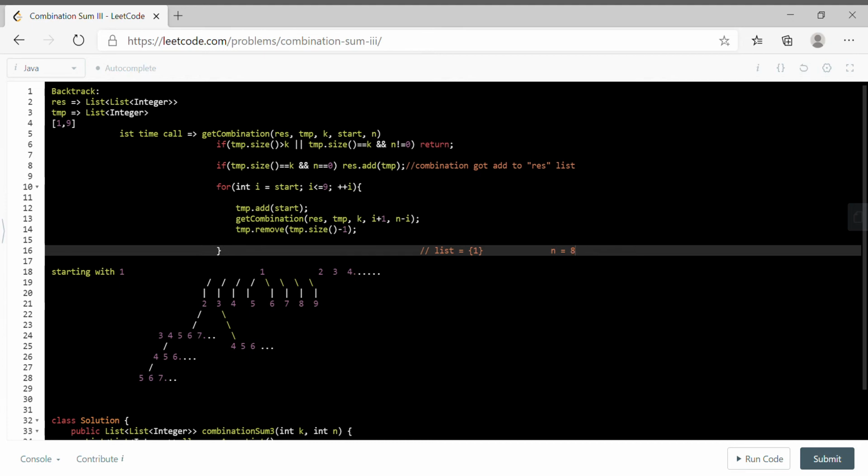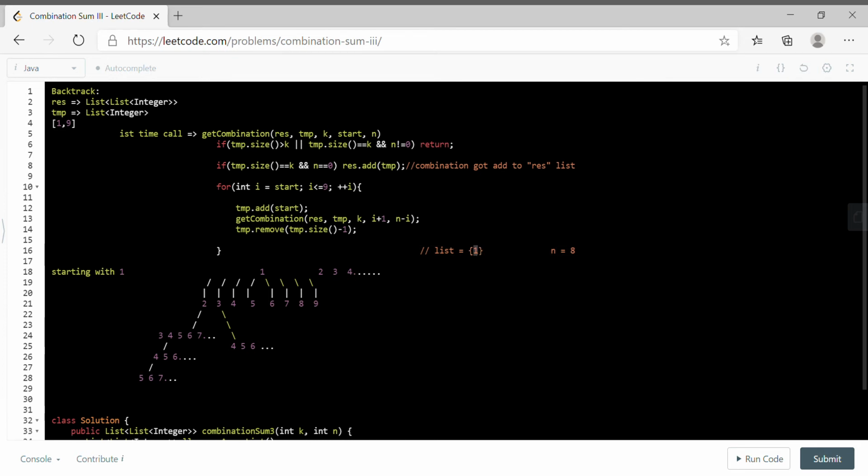So in one combination we have already chosen 1. Now we will move to the 2, right? When we pass 2, start will be 2. We'll check if the temp size is greater than or equal to k. No, it is just 1.